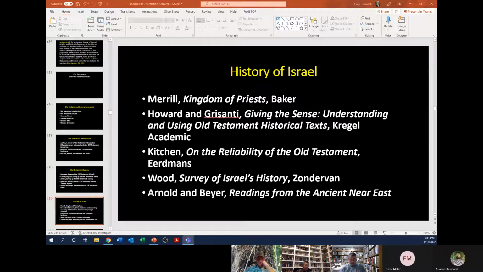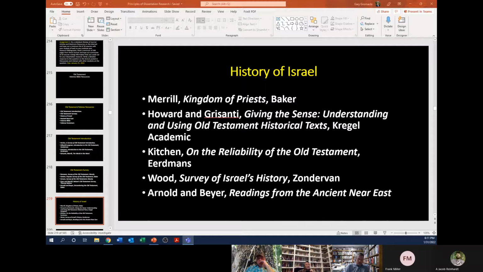It starts off with the origins of Israel, a section on the Exodus, conquest of Canaan, the era of the judges, Saul, David, the divided monarchy after Solomon, dynasty of Jehu. So he just traces through the whole history of Israel, including Assyria, the exile, the Babylonian exile, and the restoration. So if you're looking for a good, detailed text, it really could serve as Old Testament survey as well, at least